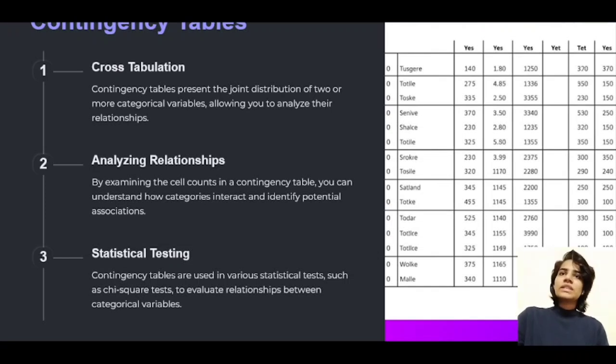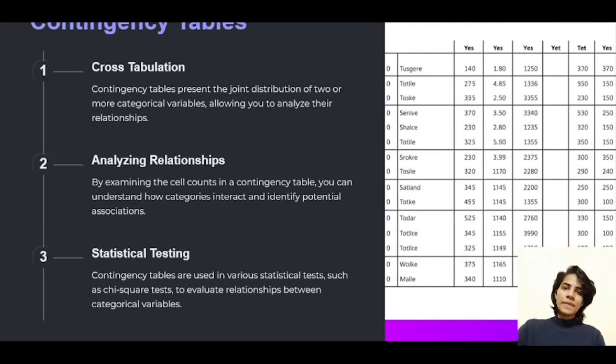Okay, so contingency tables, first is cross tabulation. Contingency tables present the joint distribution of two or more categorical variables, allowing you to analyze their relationships. Okay, next is analyzing relationships. By examining the cell counts in a contingency table, you can understand how categories interact and identify potential associations. Next is statistical testing. Contingency tables are used in various statistical tests such as the chi-square test to evaluate relationships between